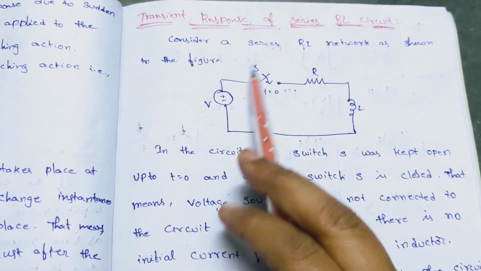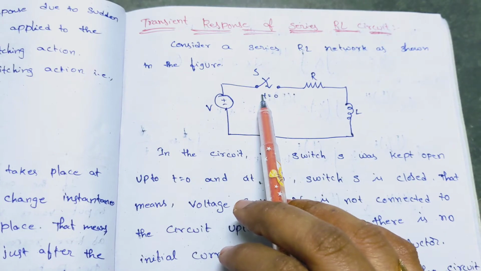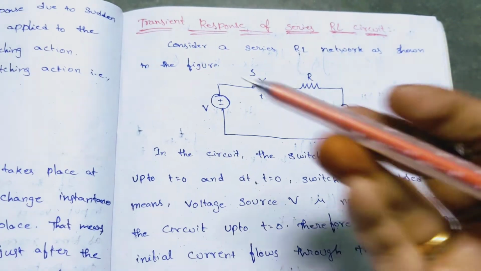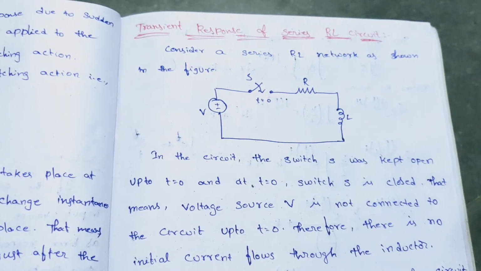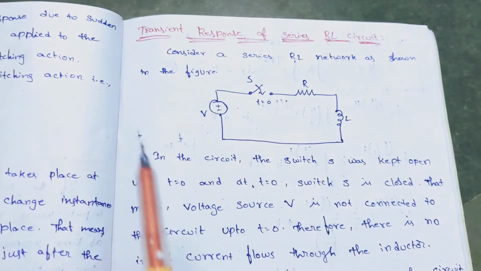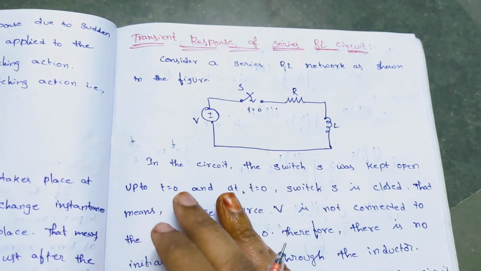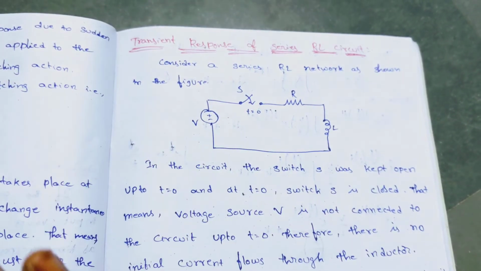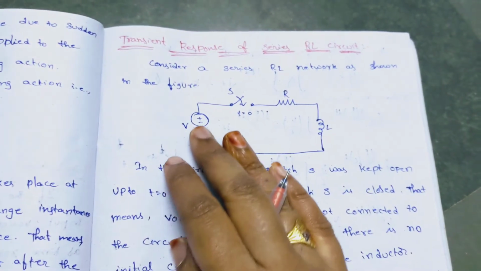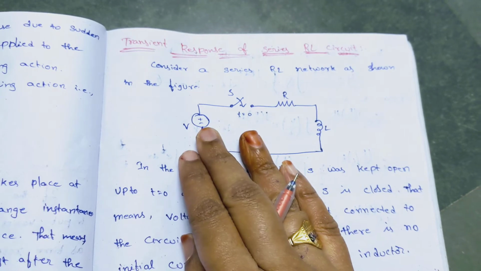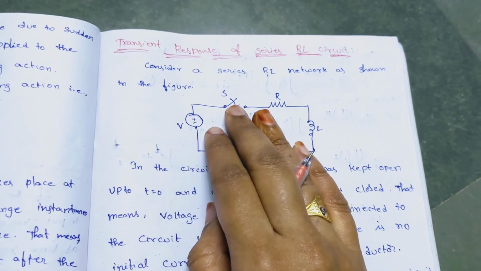Till now we did not discuss the switch behavior. Okay, we now discuss the switch behavior. In transients, we are going to see things with respect to the switch. In the introduction video we mentioned a few points on how the inductor and the capacitor behave. Please refer to that.